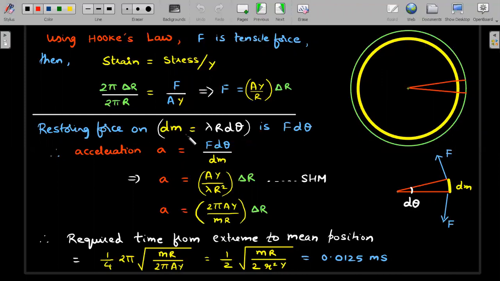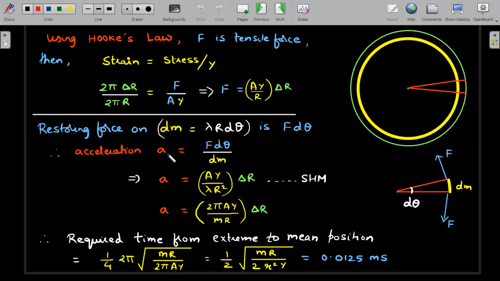Now, restoring force on dm: if I pick out a small dm element here, this yellow part, which is going to get expanded, and draw its FBD, this tensile force should be acting tangential to this element at either side of it. The restoring force can be estimated to be the resultant of these two, which are acting at an angle of 180 minus d theta. A simple vector addition yields 2F into cos of that half angle. Cos of (180 minus d theta) by 2 yields sine of d theta, and then you end up getting F d theta here. With a simple approximation you should be able to get to this.